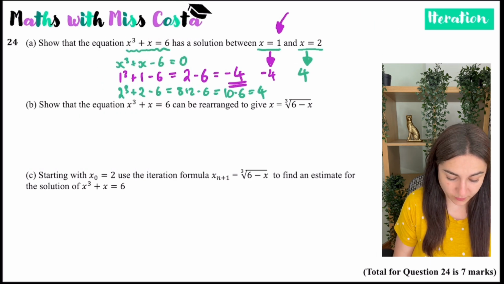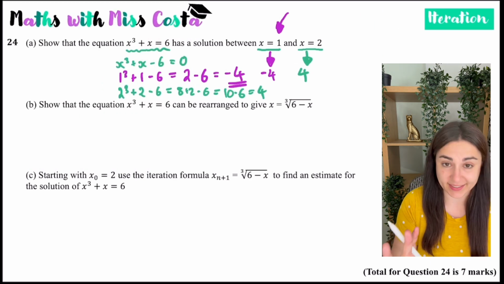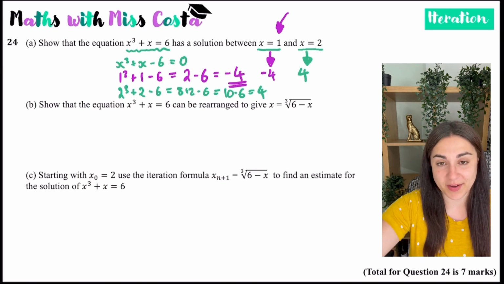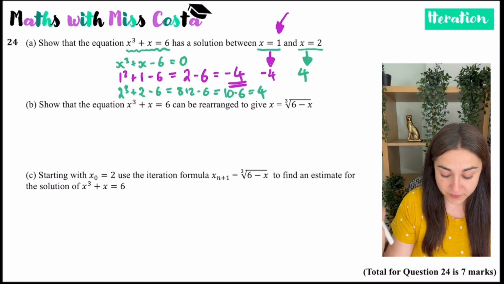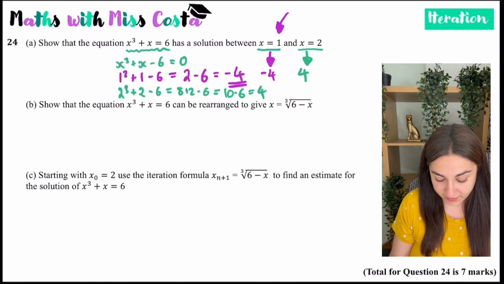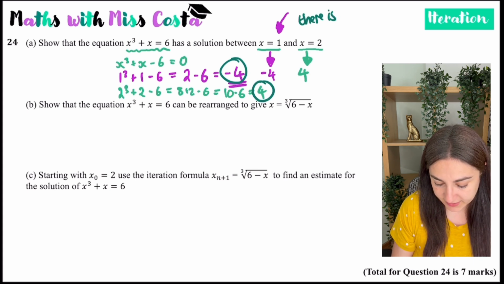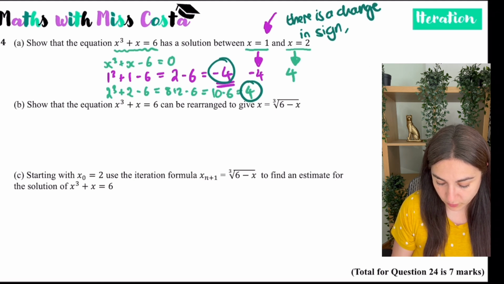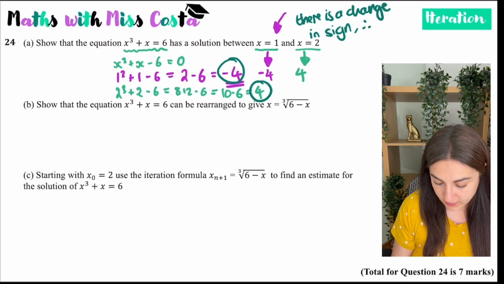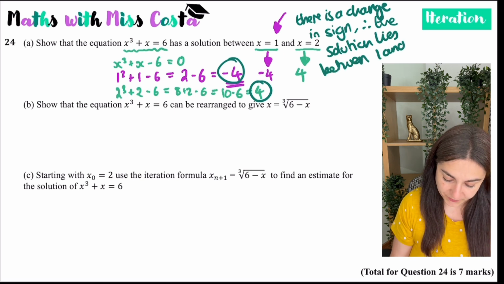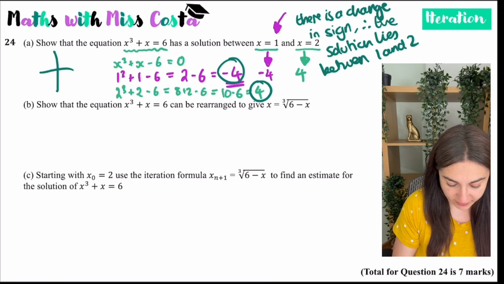So when you are trying to show that an equation has a solution between two values, you substitute those two values into the equation, and one of them is going to be negative, one of them is going to be positive, and you say there is a change in sign, therefore the solution lies between 1 and 2. Because there's a change in sign, that means that the graph must cross